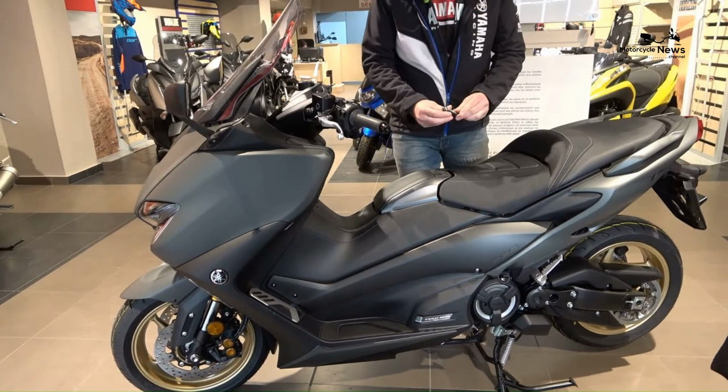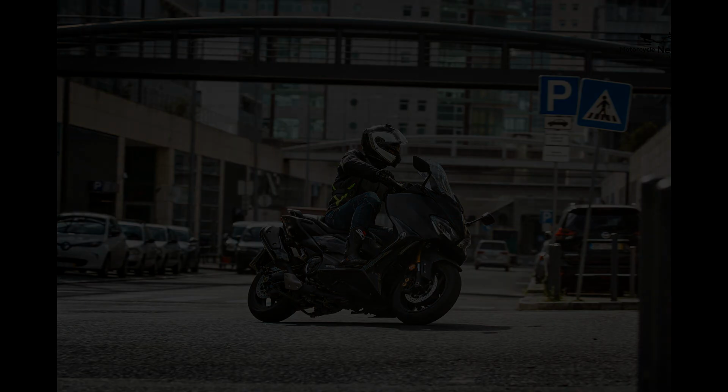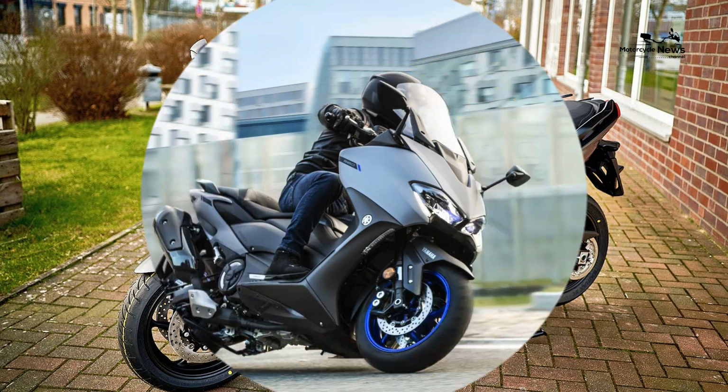The Yamaha TMAX 560 has rivals including the Honda X-ADV, Kymco AK 550, Suzuki Burgman 400 and the BMW C 650 GT. Equipment. The top-spec TMAX takes over from the current DX with a November 2019 launch cost of £11,649,